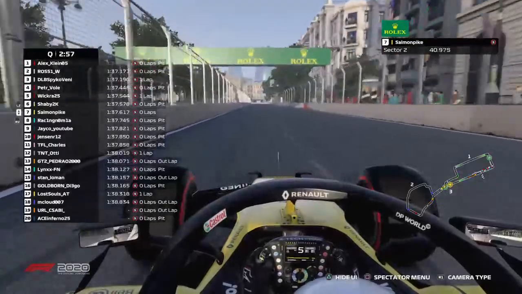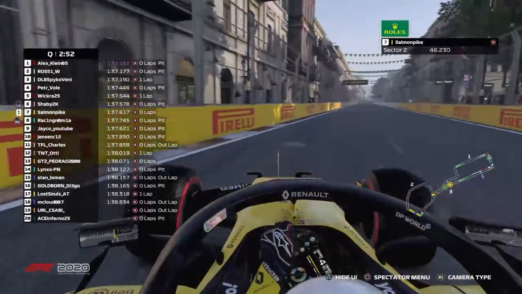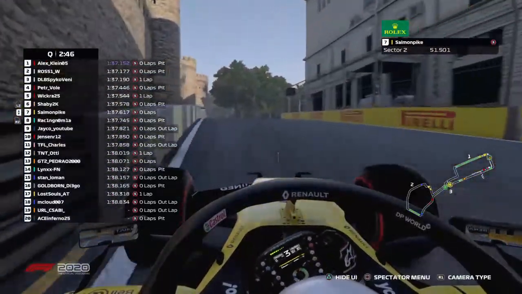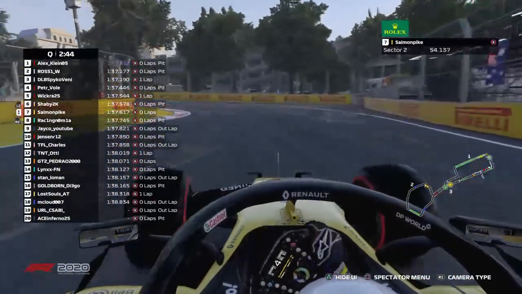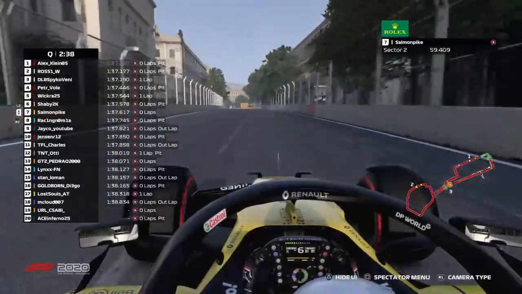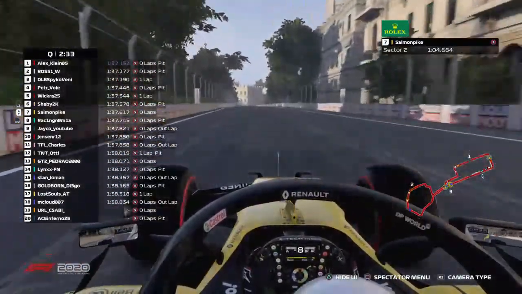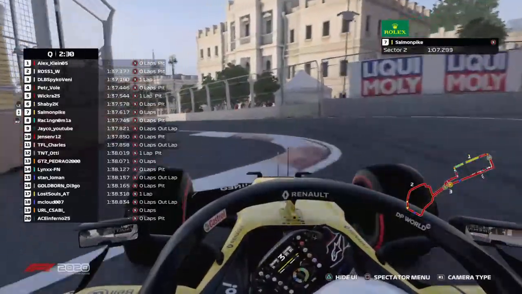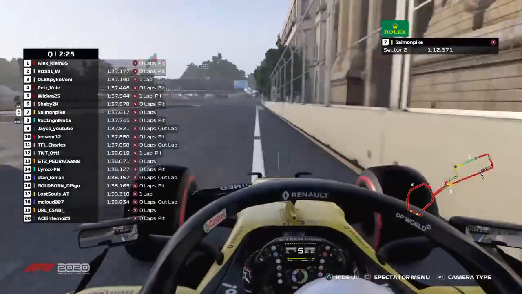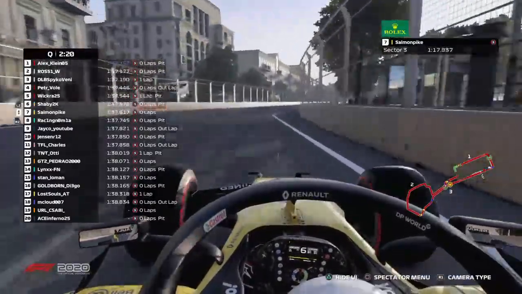Now those two tricky turns. He tried to go as deep as possible. Just try not to invalidate the lap time. Now through the Baku Castle with gear 3. Very smooth. Unfortunately, he invalidated his lap time. I think he went too deep into that curve. Anyways,